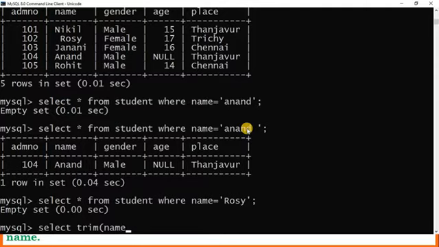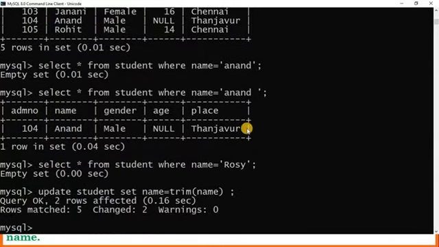Update student set name equal to TRIM of name.